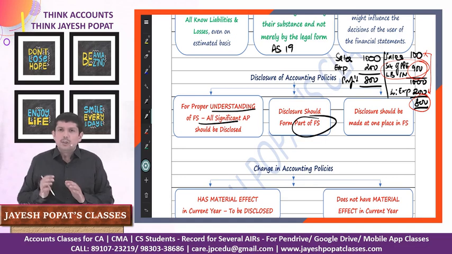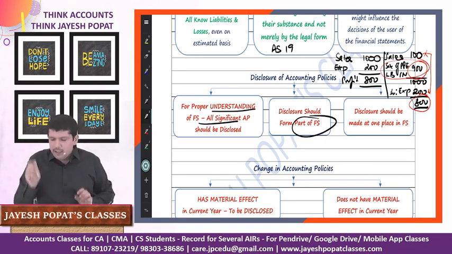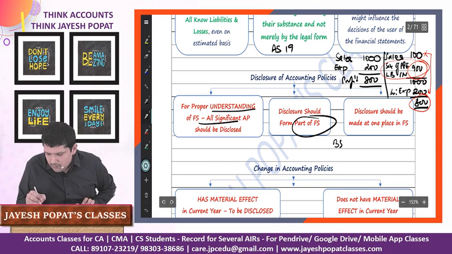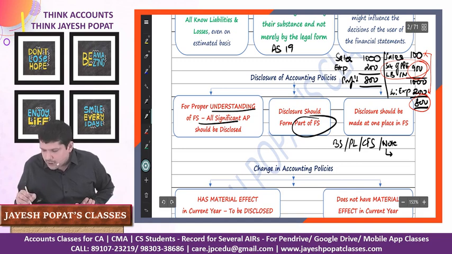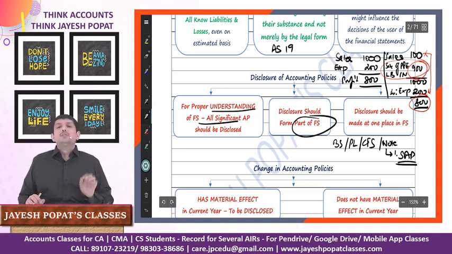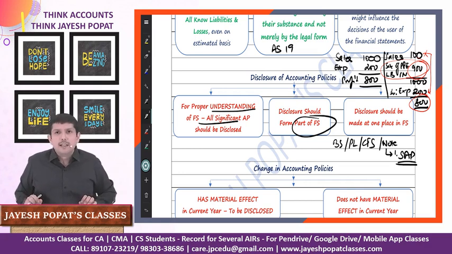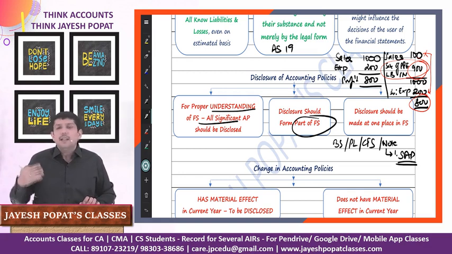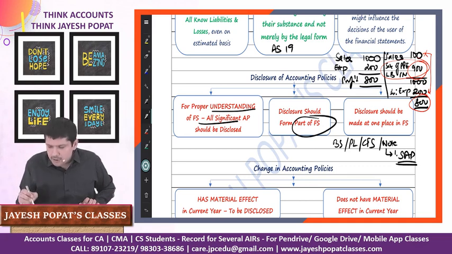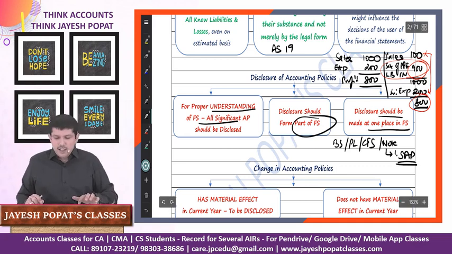Should it be scattered all over the financial statement? No. Normally our financial statement will have a balance sheet, a profit and loss statement, a cash flow statement, and there will be notes to accounts. If you look at any financial statement, in the notes to accounts, in the very first section it talks about significant accounting policies, and all the significant accounting policies followed by the enterprise are listed at one place, so that the user of the financial statement does not have to flip through the financial statement several number of times. It will get it in one place. So disclosure should be made in one place in the financial statement.